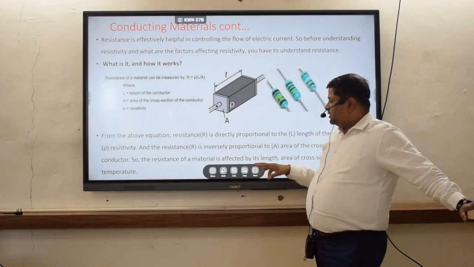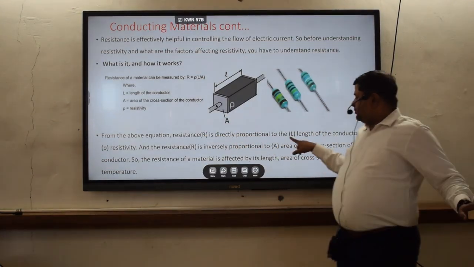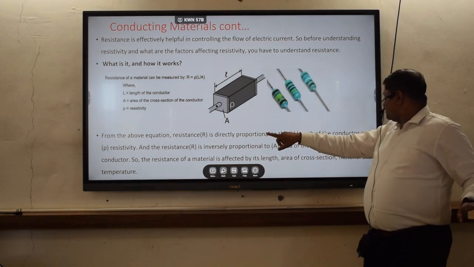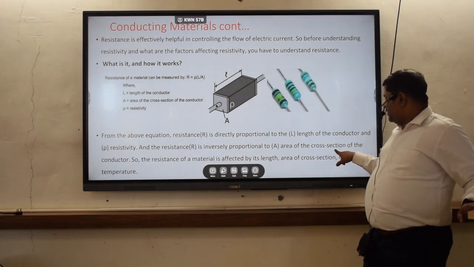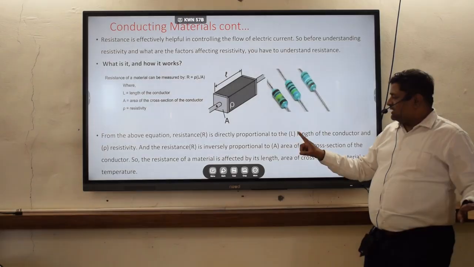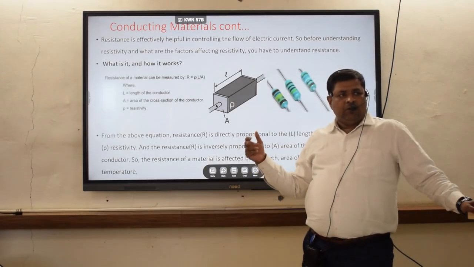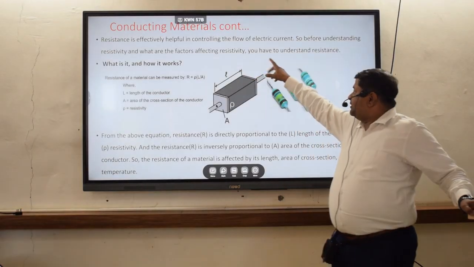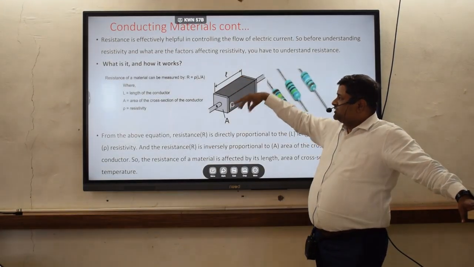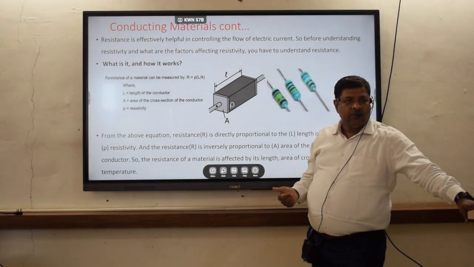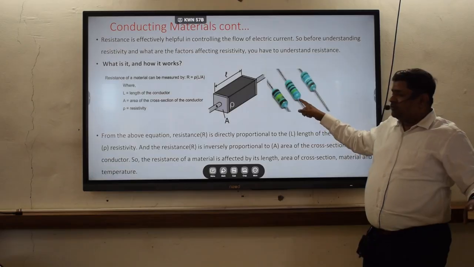It is inversely proportional. So you can see from the above equation that R is directly proportional to the length of the conductor and the resistivity, and the resistance is inversely proportional to the area of cross section of the conductor. So the resistance of the material is affected by these parameters. Before discussing the factors affecting the resistivity, let us first find out what resistance is. The equation of resistance is mentioned here, you can see the image, and that's why you can see this kind of